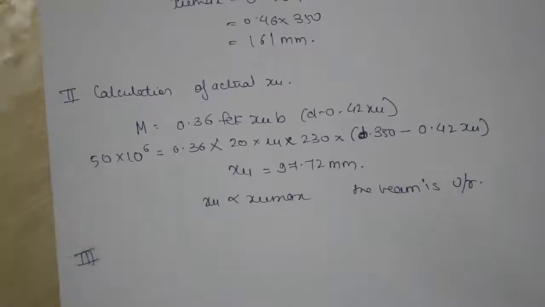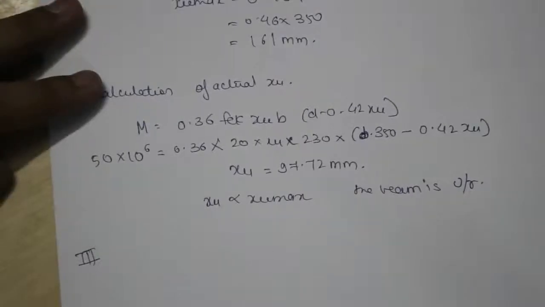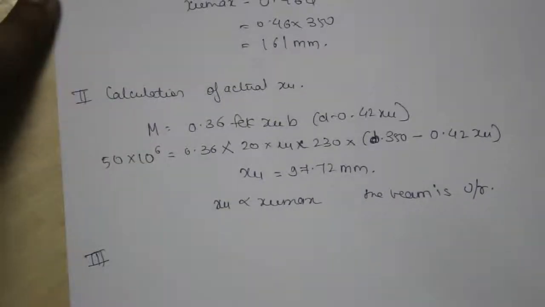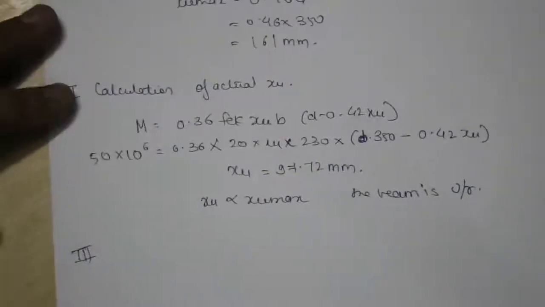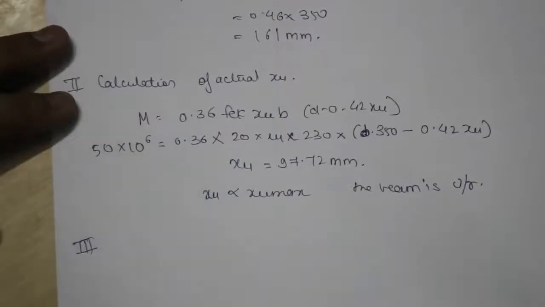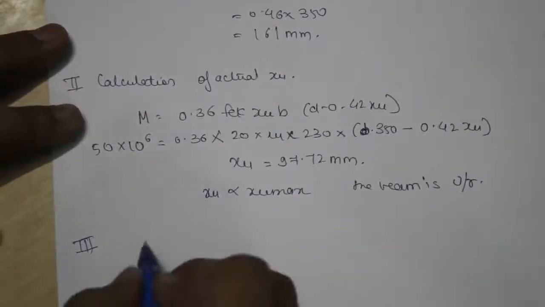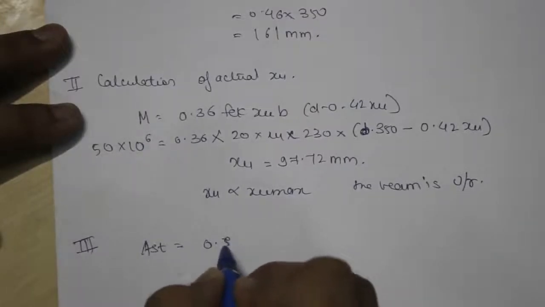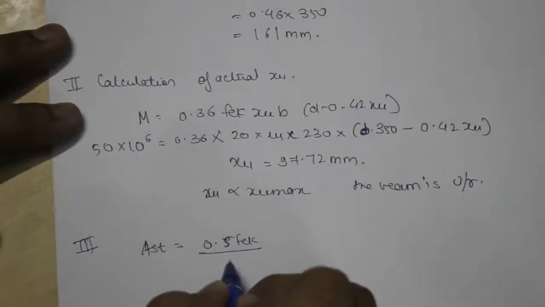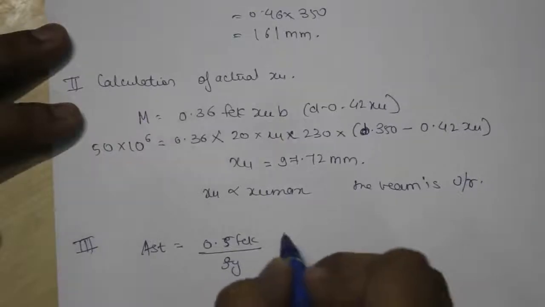The first method is to equate Cu and Tu. Again, you have everything. You have the value of xu, Ast would be unknown there, or if we want to do it quickly, we can use the Ast formula directly, which is given as Ast equals 0.5 fck upon fy